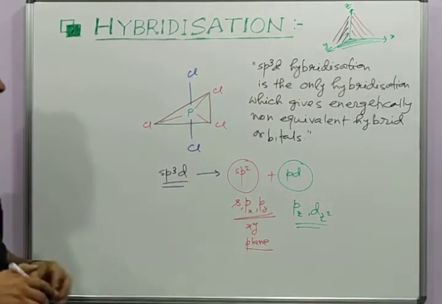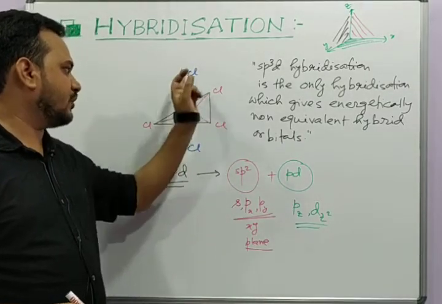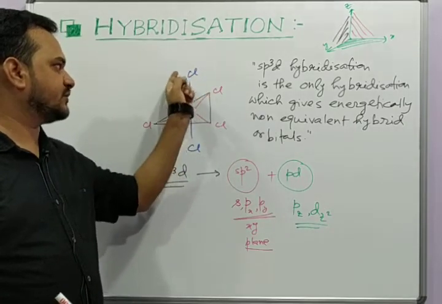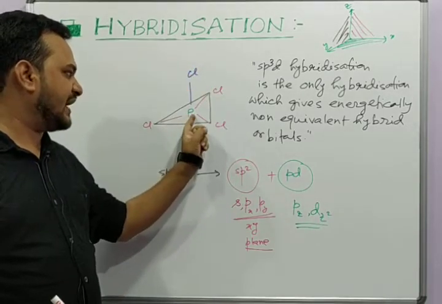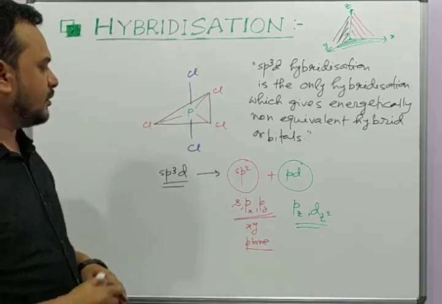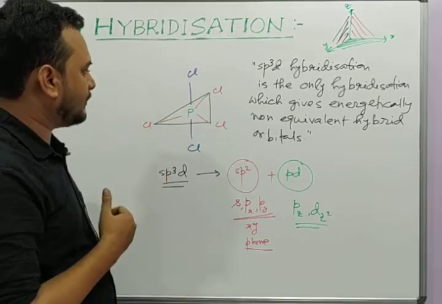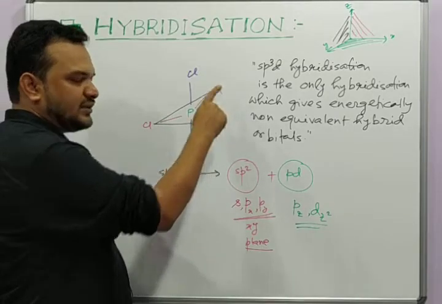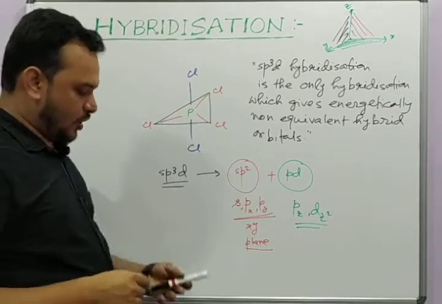So now it is clear that these two P-Cl bonds are because of the overlap of the valence orbital, one of the 3p orbitals of chlorine containing the unpaired electron, with a pd hybrid orbital of phosphorus, resulting in these two blue P-Cl bonds, whereas these three red P-Cl bonds, how are they obtained? Because of overlap by one of the 3p orbitals of chlorine, containing the unpaired electron of chlorine, and an sp2 hybrid orbital of phosphorus.